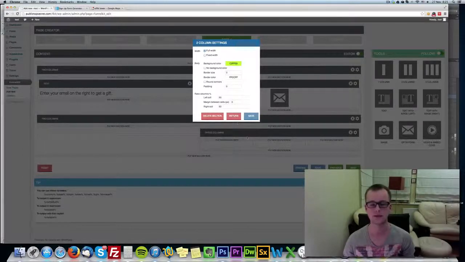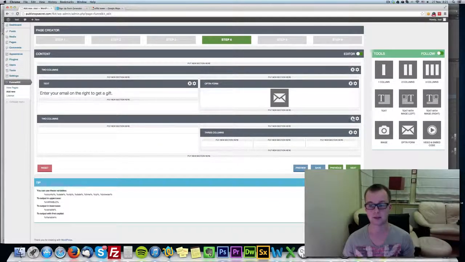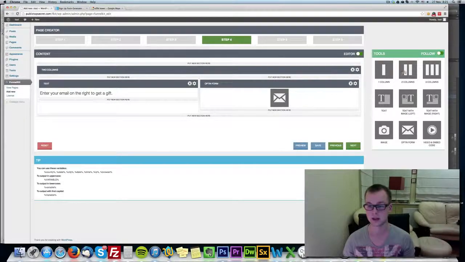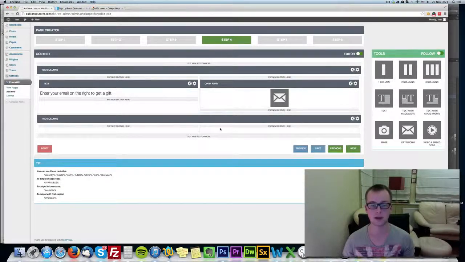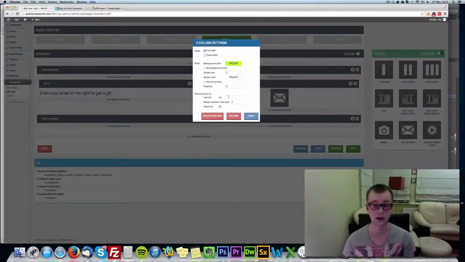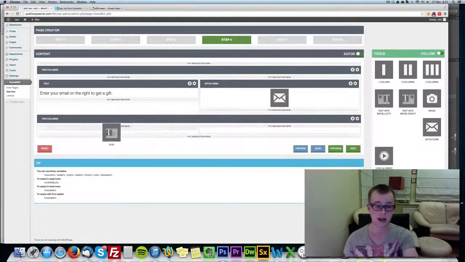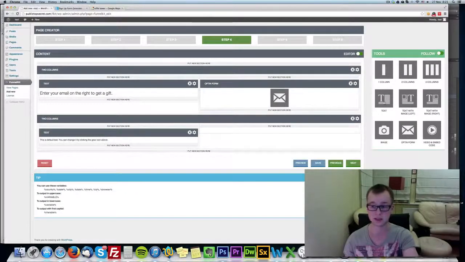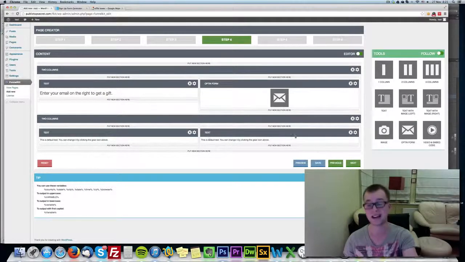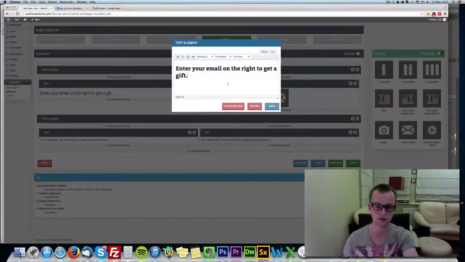For example, if I have 2 columns and I want to make the right one very wide and the left one very narrow, I can do it right here: left column 10%, right column 90%. I can add text here, and it will be 10%. I can add text here, and it will be 90%. Okay, so you can have, like I've said previously, variables like city,